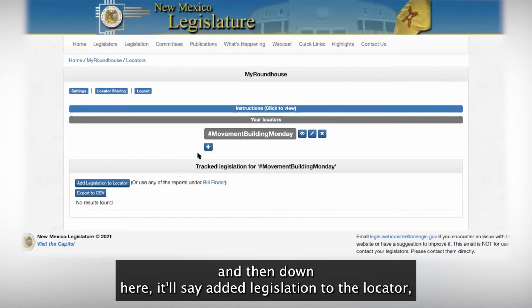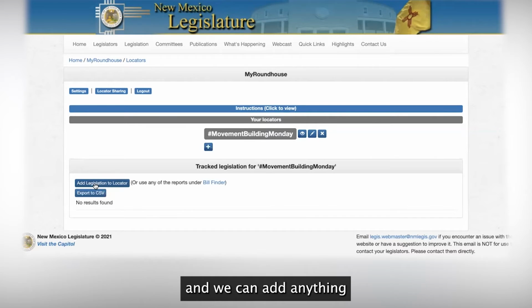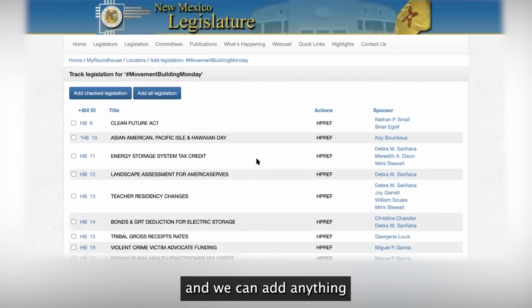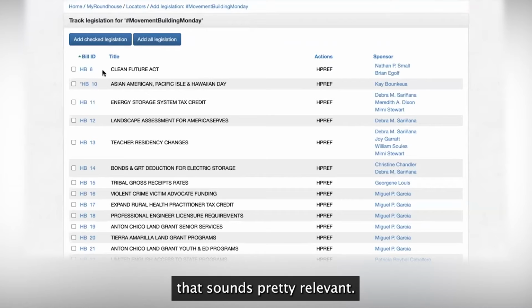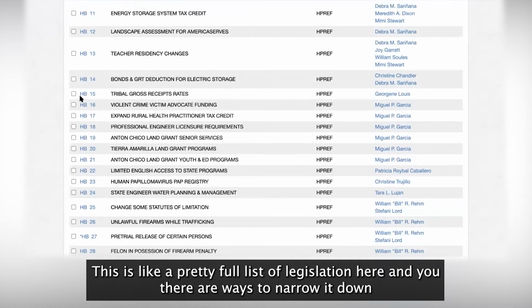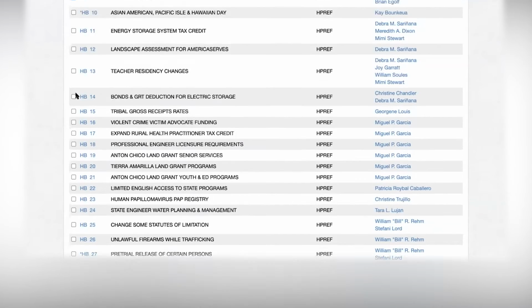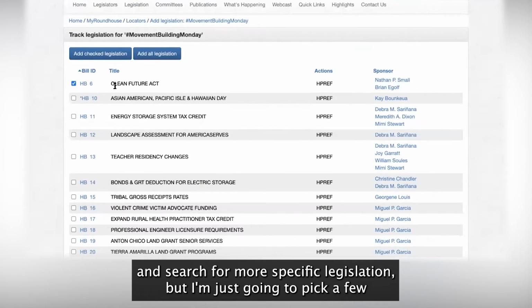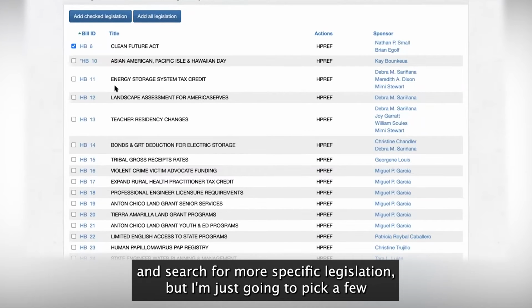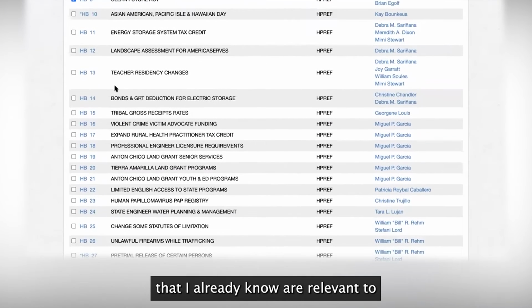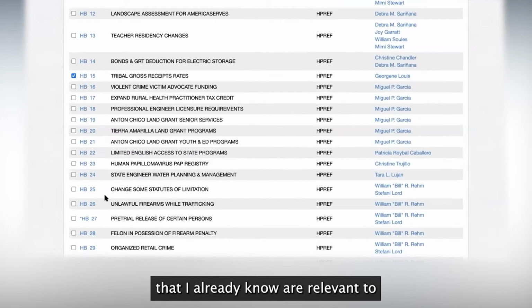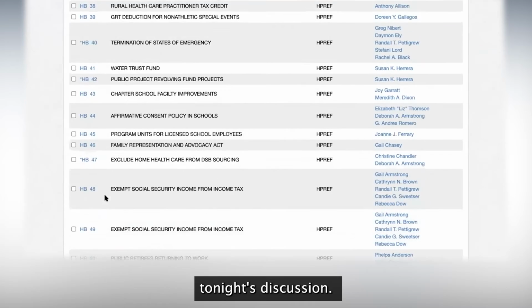And then down here, it'll say add legislation to the locator, and we can add anything that sounds pretty relevant. This is a pretty full list of legislation here. There are ways to narrow it down and search for more specific legislation, but I'm just going to pick a few that I already know are relevant to tonight's discussion.